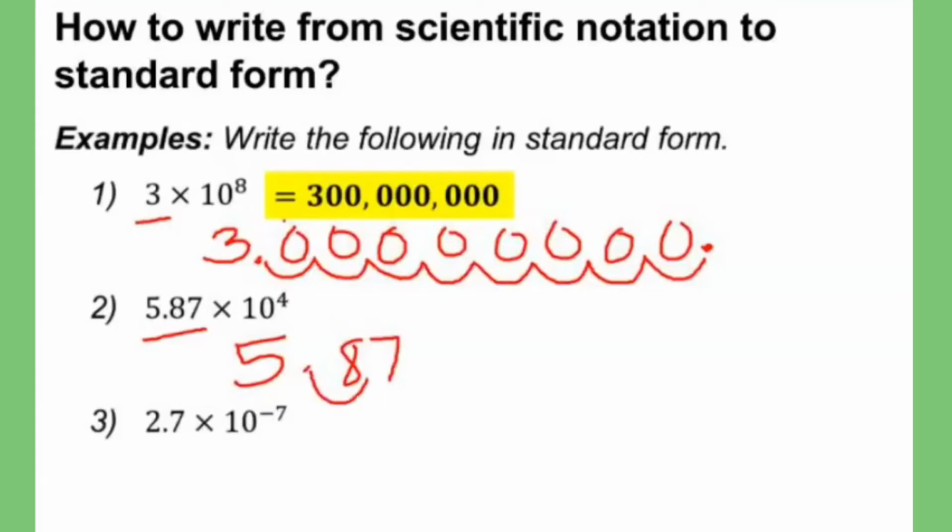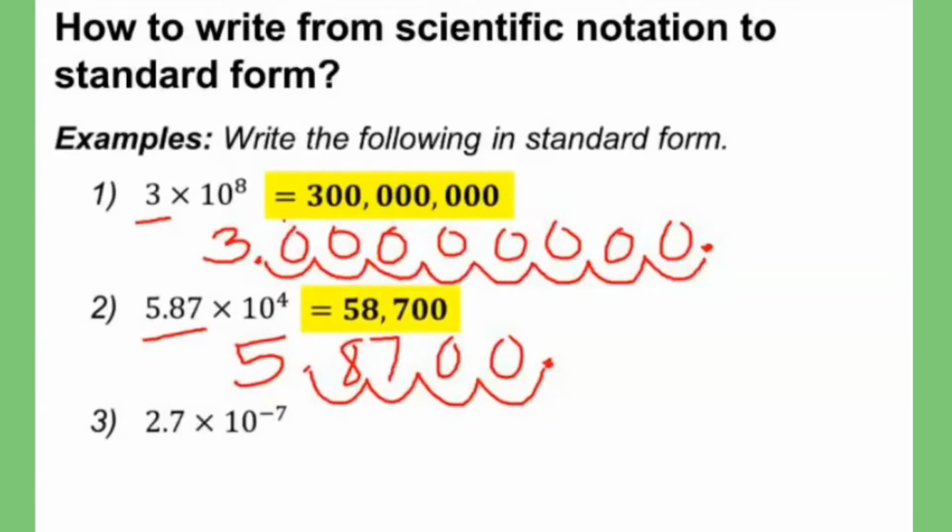So we have 1, 2, 3, 4. At nandito na ang ating decimal point. Lagyan lang natin ng zeros ang ating missing place values. Therefore, 5.87 times 10 raised to the power of 4 is equal to this number. And in our last example,